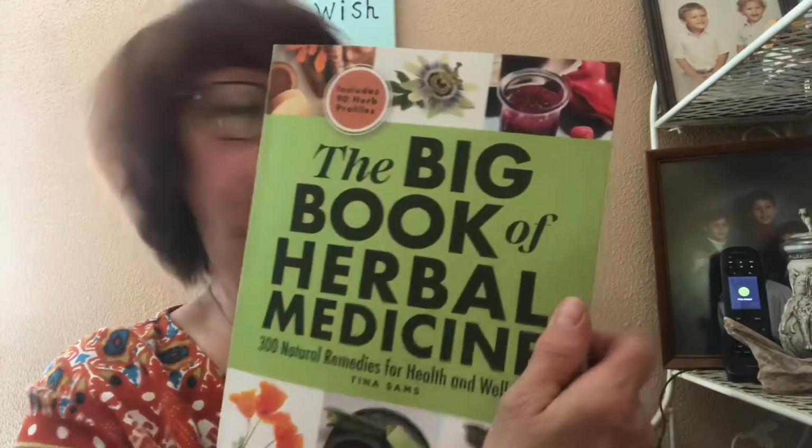And there's a lot more, but should not be taken in conjunction with certain medications, especially antidepressants or anti-anxiety medicines, but also contraceptives, blood thinners, and antibiotics, and others. So you have to research each herb and what it does and what it could do if you're taking other medications. So pretty cool. But yeah, so the Big Book of Herbal Medicine by Tina Sams. Okay, my next one